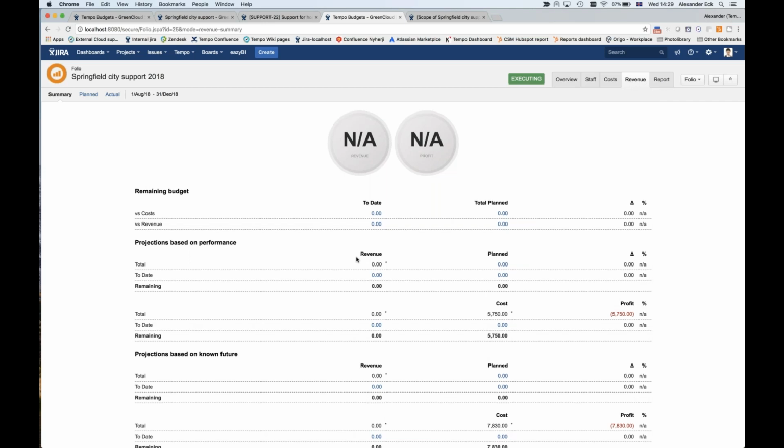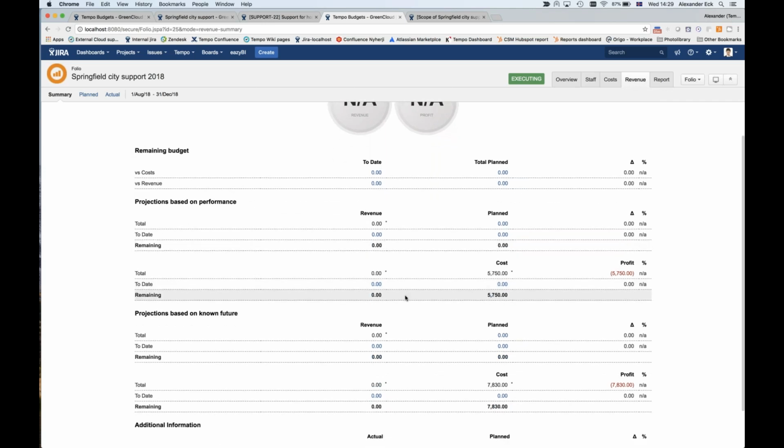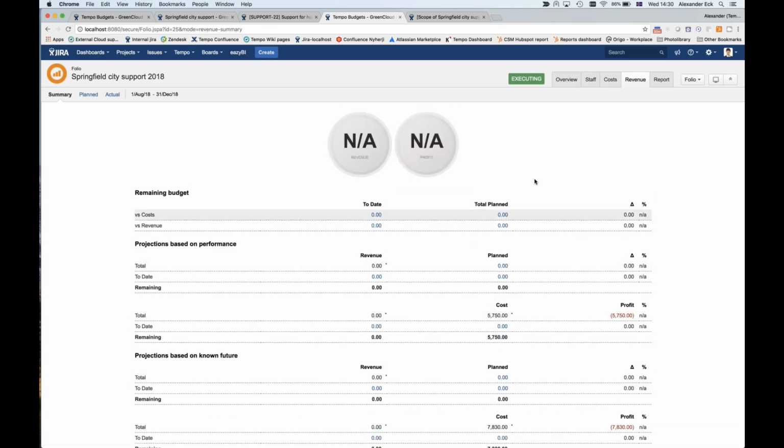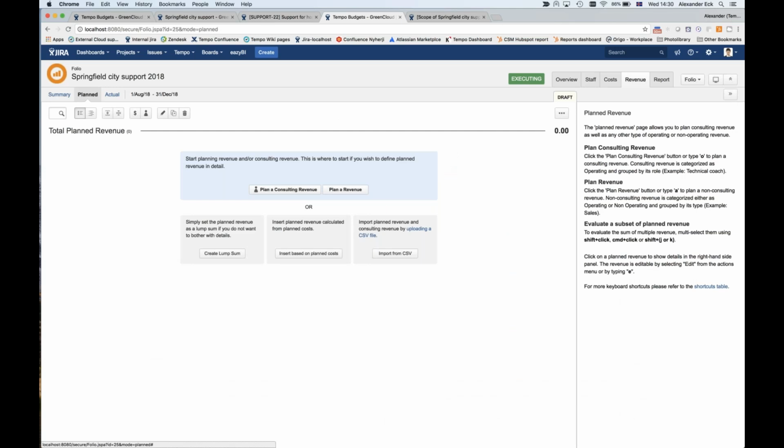Okay, so in the revenue section, as you also see here, everything is zero. You might see here the actuals and the projected total for my planned costs and my known costs, based on the stuff that I have added to the folio. Again, I have a very similar setup here. So in the revenue section, I again have these three tabs: the summary tab, the planned, and the actual. So, for example, I could go in here to the plan tab, and